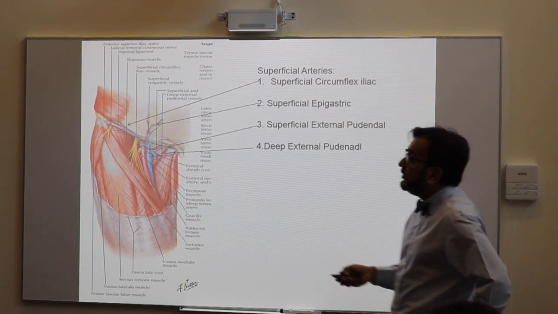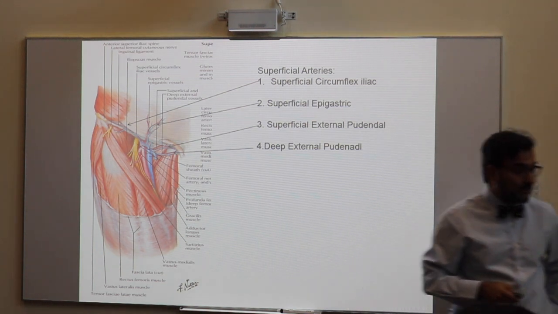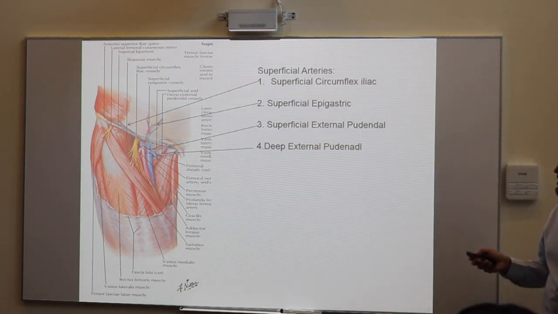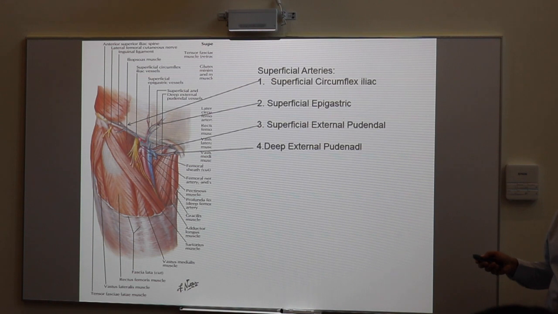It is going to give 4 superficial branches. One is called the superficial circumflex artery, which is going from the femoral towards this anterior superior iliac spine. The other is called the superficial epigastric, which is coming from the femoral artery,